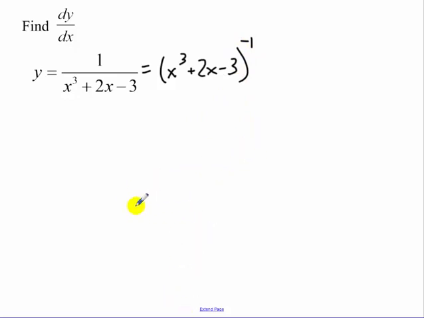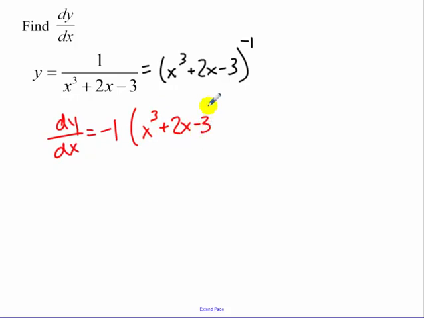But we have to remember our chain rule. So the derivative of this, we bring down the exponent, subtract 1 from the exponent, and then now multiply by the derivative of the inside function,